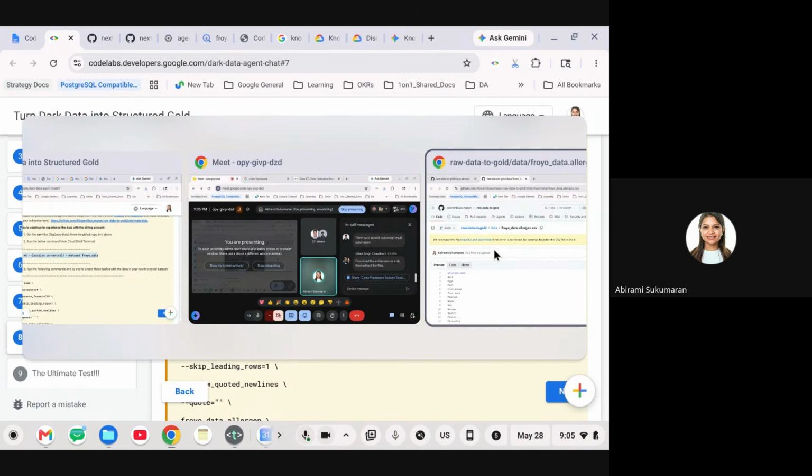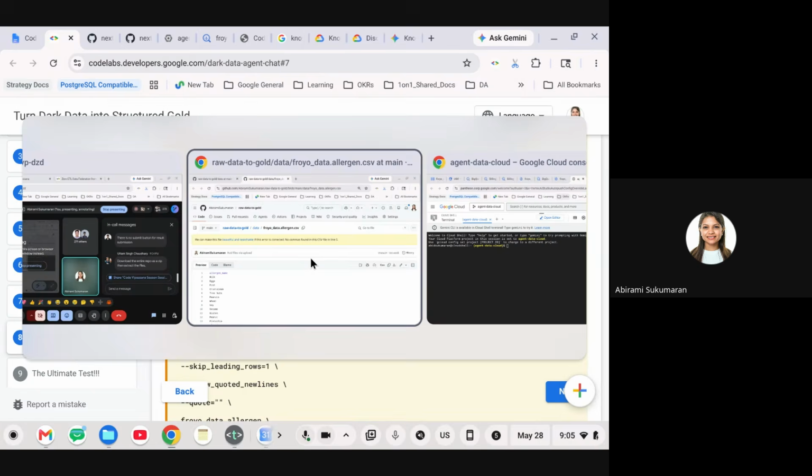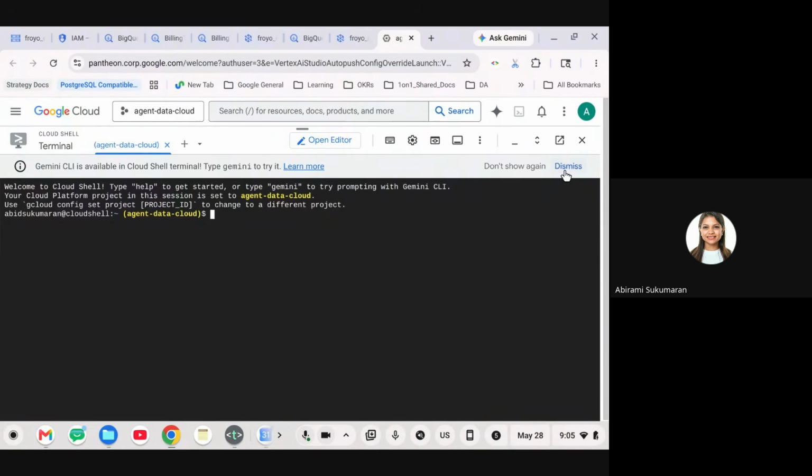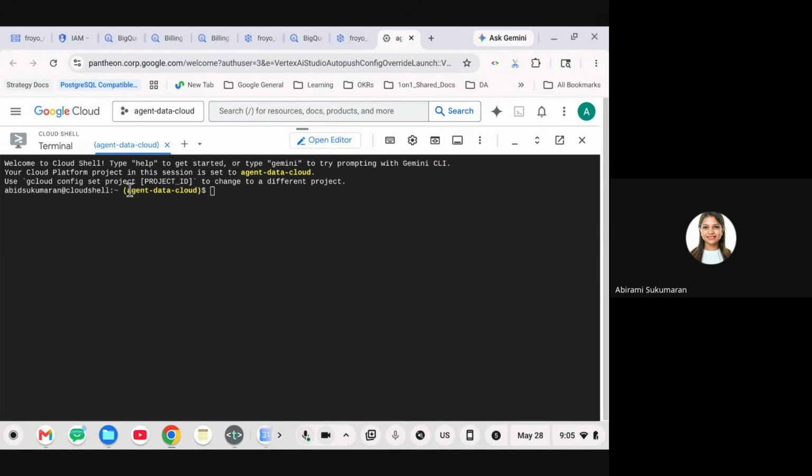Come back to your Google Cloud Console where you have the Cloud Shell terminal open. As you can see on my screen, you should be seeing your project ID right here. If you don't see your project ID, go ahead and run gcloud config set project and your project name. You have to run this to make sure it is showing your current active project, with or without a billing account. It should say updated property, and you should see your project ID right next to your Cloud Shell prompt.